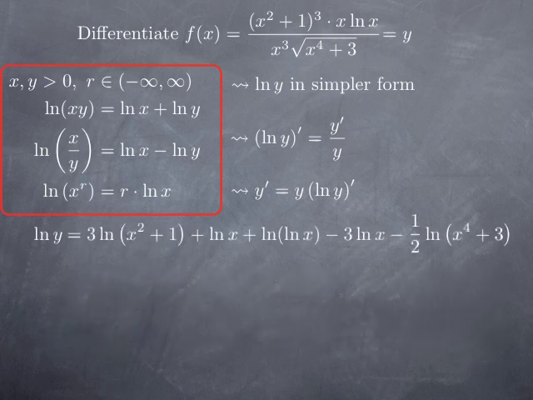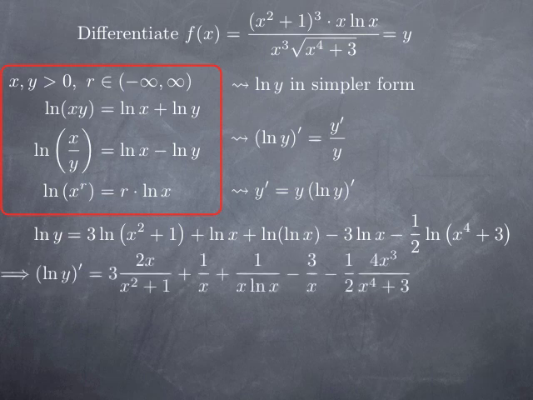So that's ln of y. Of course, some terms can be simplified. Ln of x minus 3 ln of x is just negative 2 ln of x. But in any case, now we have something much easier to differentiate. So if we differentiate that,